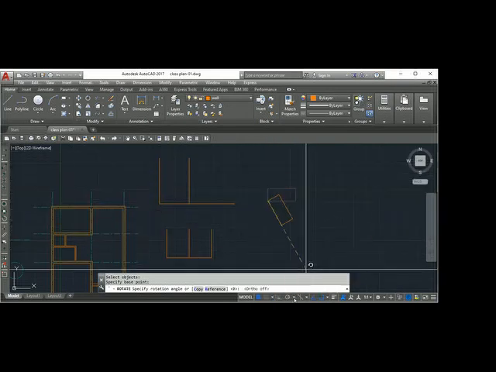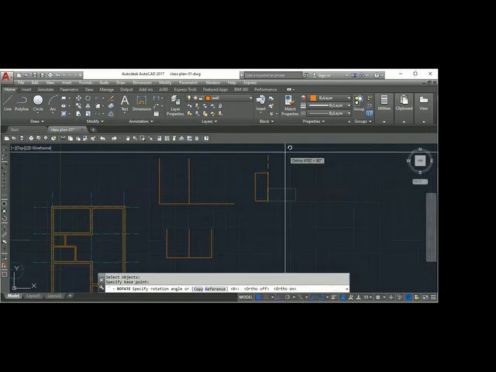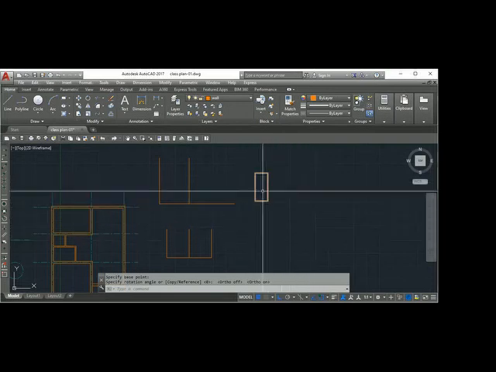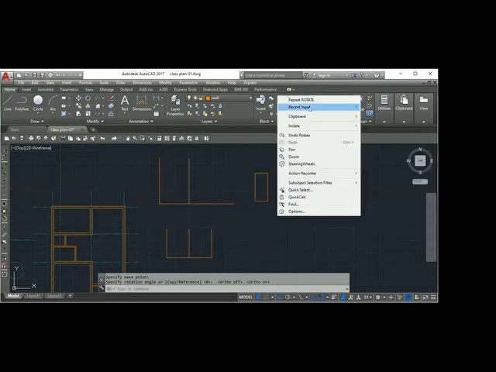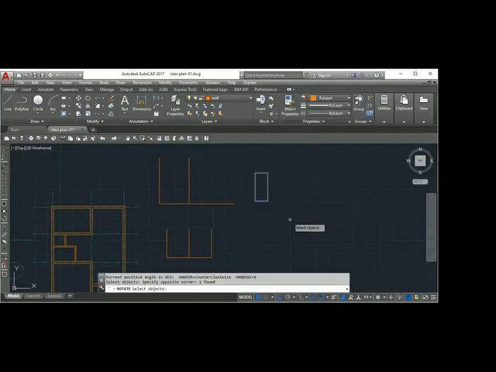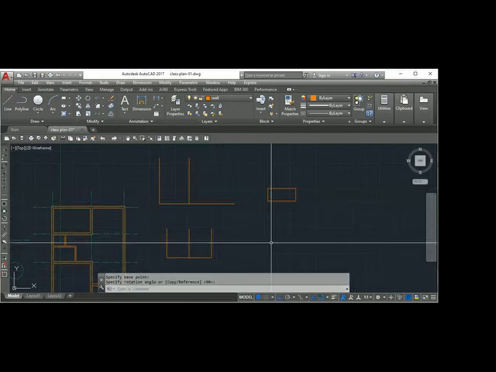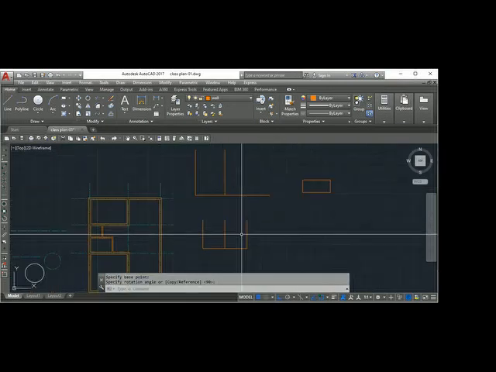Ortho is very, very useful in some cases when you want to rotate vertically or horizontally. Want to rotate this horizontally? Rotate, select the object. Here, see now, ortho is on. Click. You can rotate very easily using the ortho command, if you want to rotate 90 degrees.